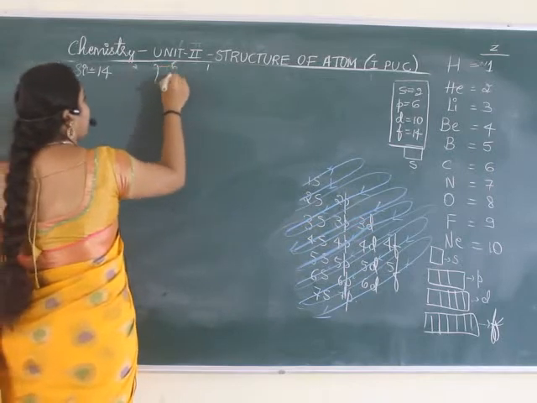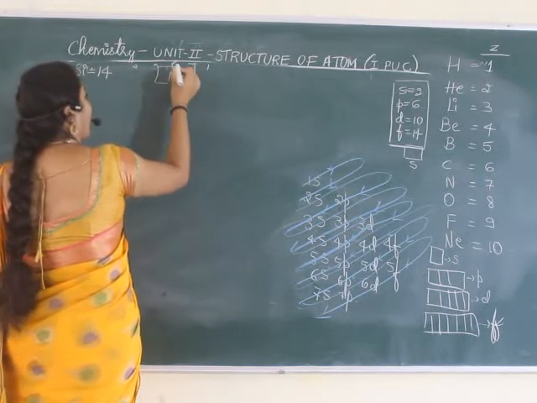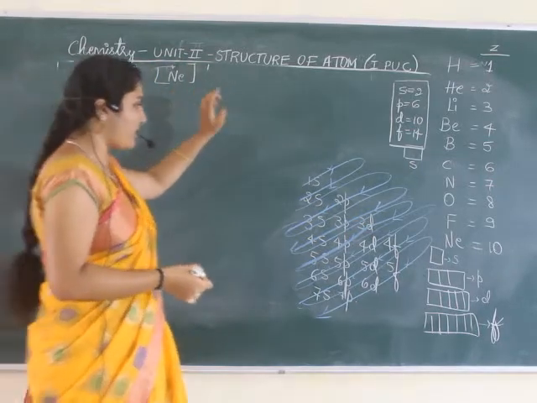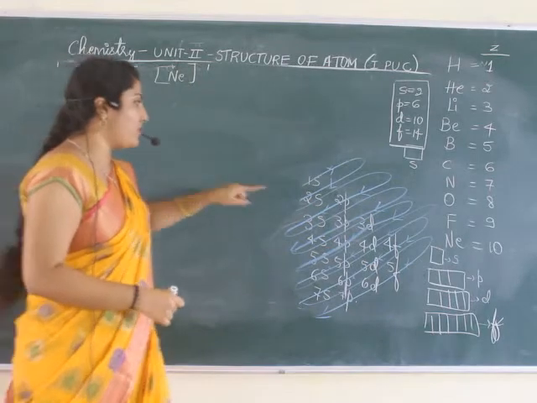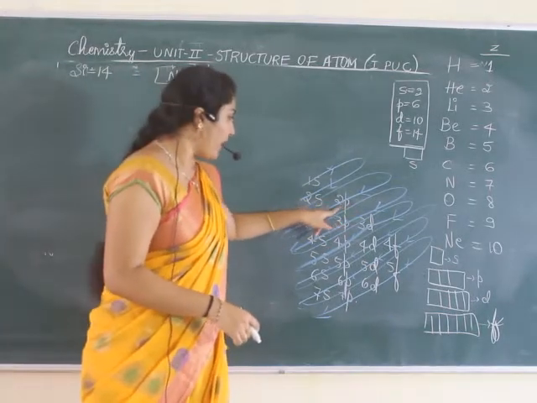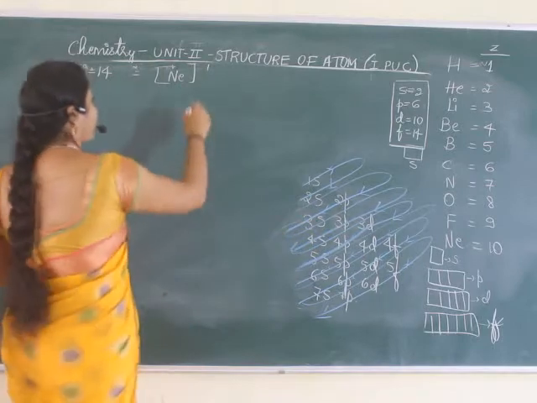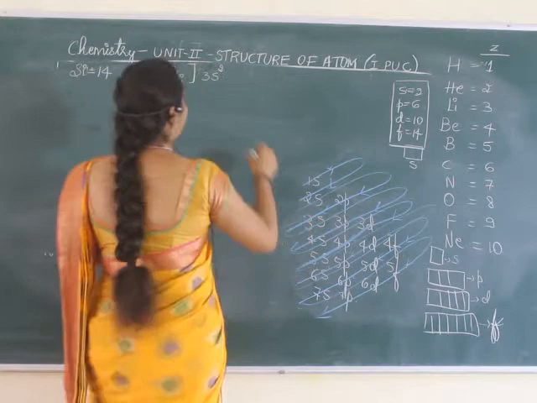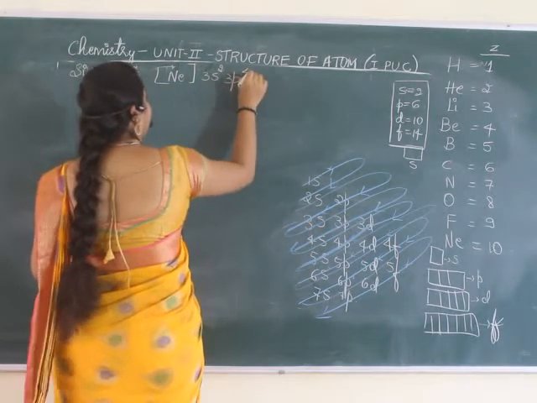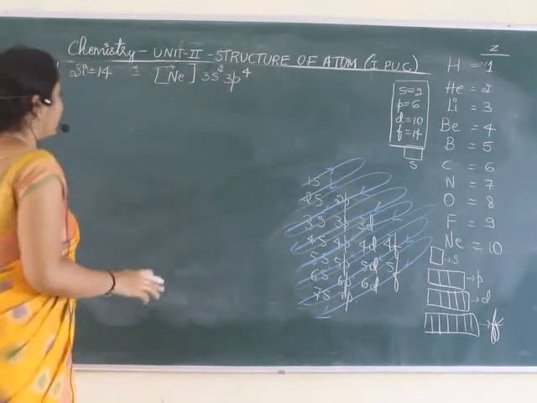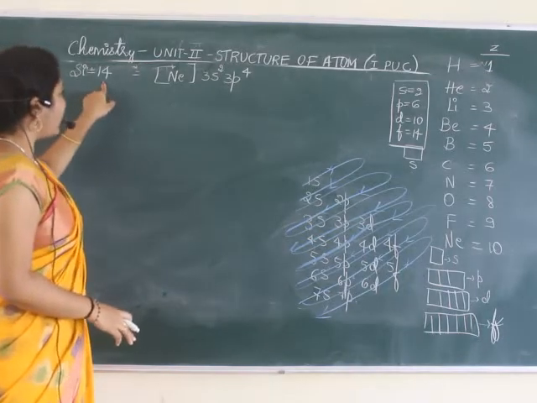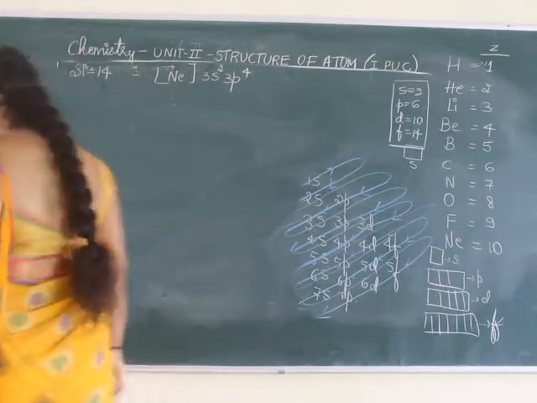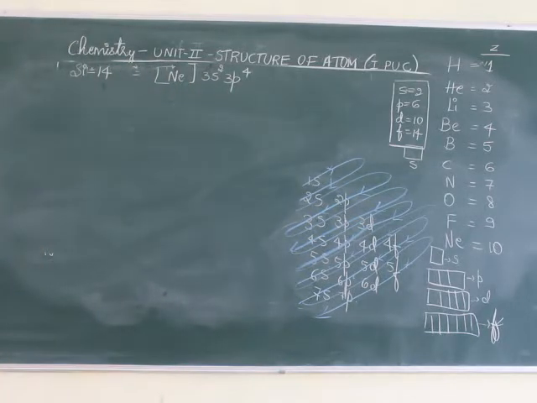How can we write it using SPDF notation? You can write it as the neon configuration. So it comes out to be 10: 1s2, 2s2, 2p6. Then comes 3s2. Then 3p. Here I must write 4, isn't it? Silicon. So here 10, 3s2. Here it comes to be 3p. How much?